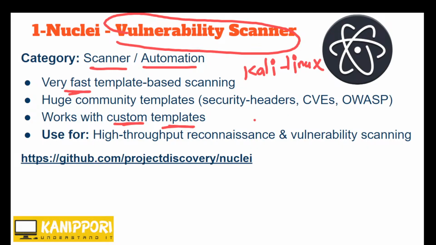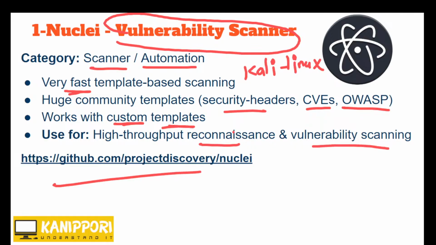I hope many of you are aware of what security headers are. CVE is nothing but Common Vulnerabilities and Exposures, and OWASP releases the Top 10. So this will be more helpful, and this is the link from where you can download this tool. Mostly it is used for reconnaissance and vulnerability scanning. Out of the 5 phases of ethical hacking, it covers two categories: